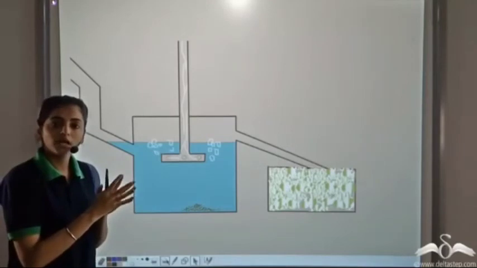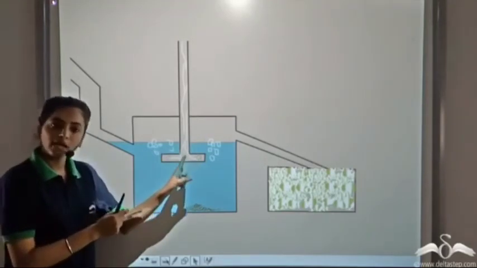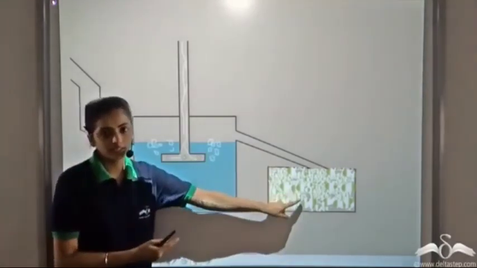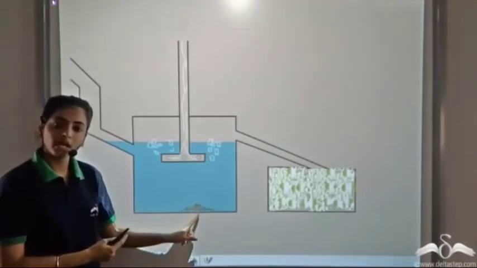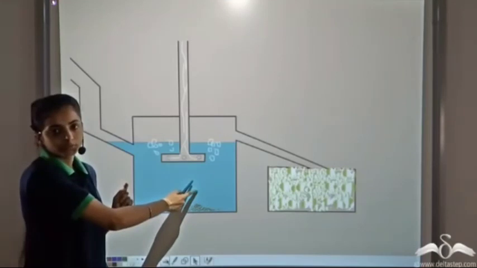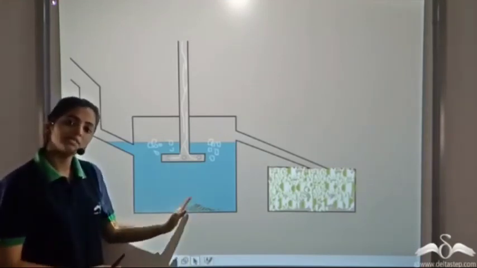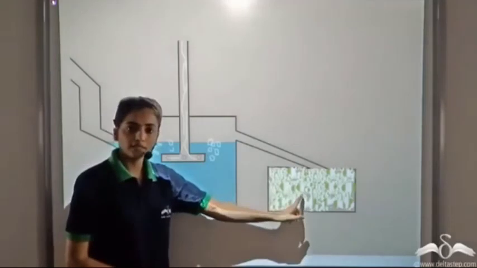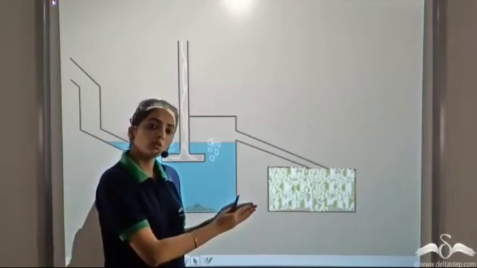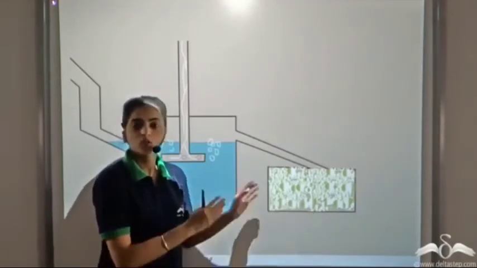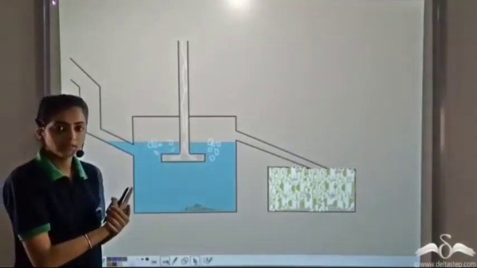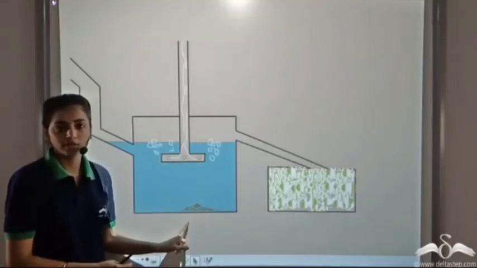Since the sulfide ores are attracted by pine oil, they are attached to the oil particles in the froth, which can be separated in a separate container. The impurities like sand and salt are not wetted by the oil particles, they are wetted by water. So they stay behind or can be separated, and the ore particles are carried away by the froth containing oil. And now we can easily separate the ore from these oil particles. So it is easier to separate the ore from oil. By using this technique, we can separate the ore from the gangue particles.